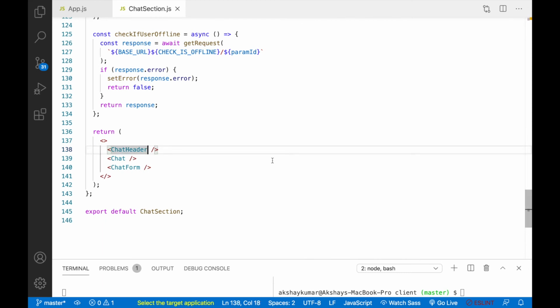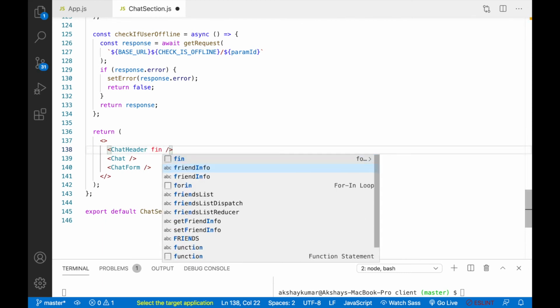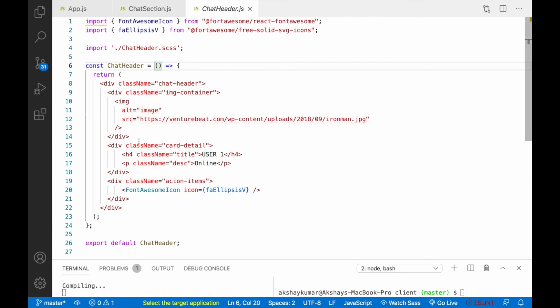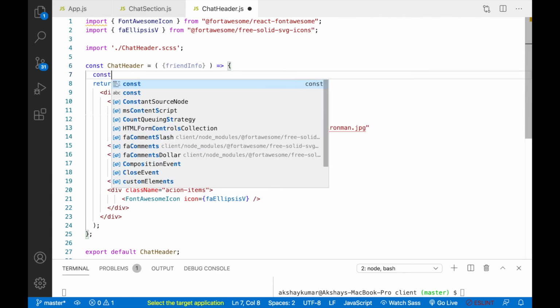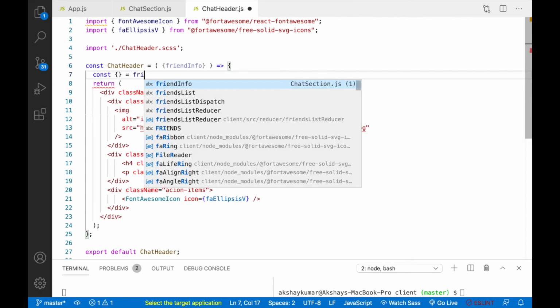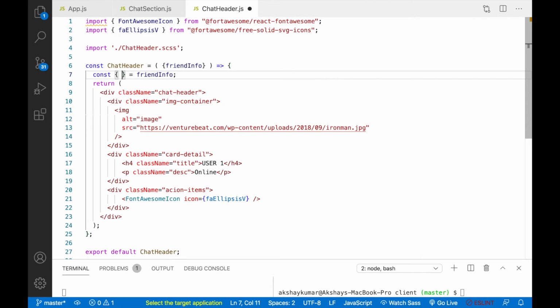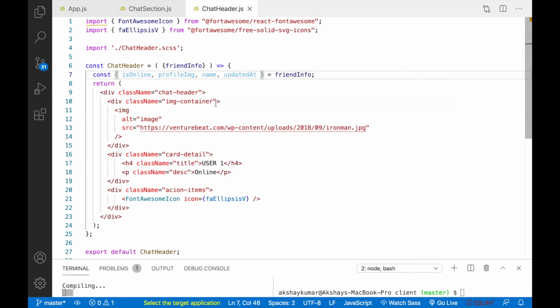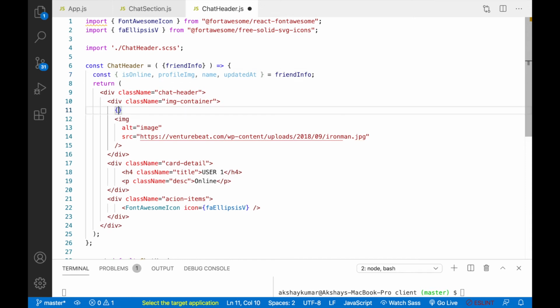So here inside chat header, we'll write friend info equals to friend info, and we'll go inside chat header. We'll take that friend info here, and here we'll write const equals to friend info, and inside here we'll take is online, then profile image, then name, and updated at. Okay, so first inside image container, we'll write one condition.